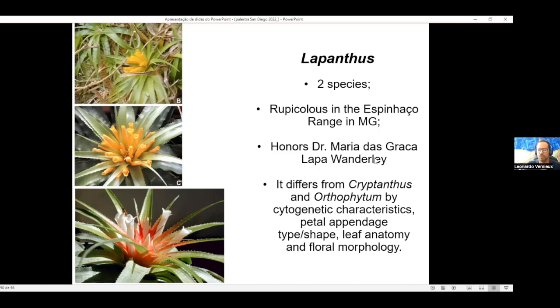my former advisor in my PhD, who has formed a lot of the Brazilian bromeliad specialists. And Rafael Lousada and myself, we were both PhD students of hers, and we dedicated this genus to her. And it encompasses the orange-flowered Lapanthus duartei and the white-flowered Lapanthus itambensis, which can have reddish or green